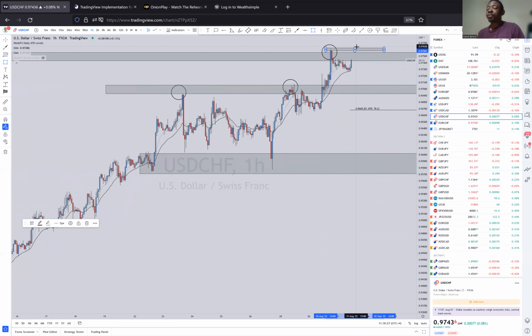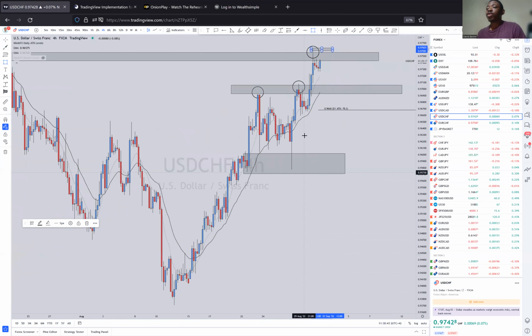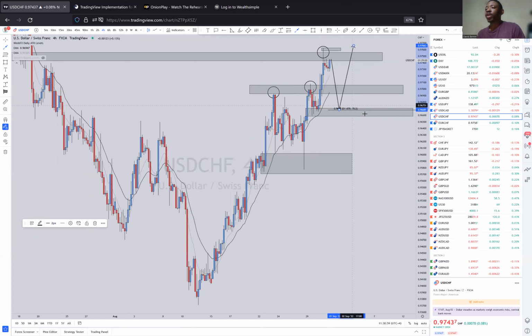If we break this level, sometimes it will fake out and drop. But if it fakes out, that's tricky. We don't know if that is just faking out or it is breaking for the continuation, because on the 4 hour we have a very strong uptrend. But it makes a lot of sense for price to drop to test this low, even if it's looking to go up, because we've taken out this high,